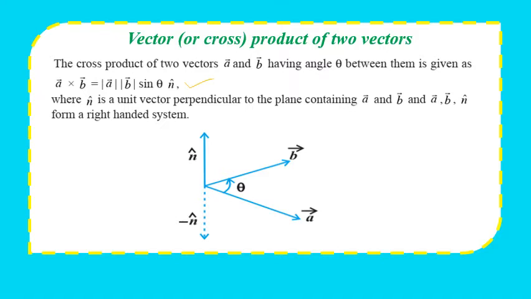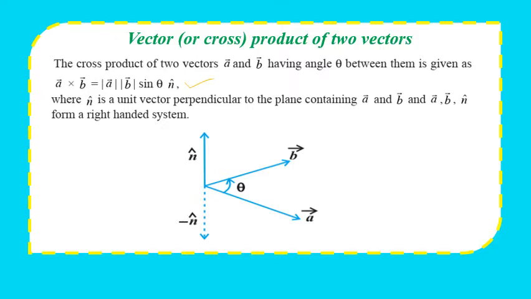Now coming to the terms, we learned about the scalar product in which only the magnitude was there. Since the names are vectors, there should be a direction. So the n cap in the product, that is mod A mod B sin theta n cap, gives you the direction of the resultant, that is the direction of A cross B. That is why this is called vector, because it has a particular direction.